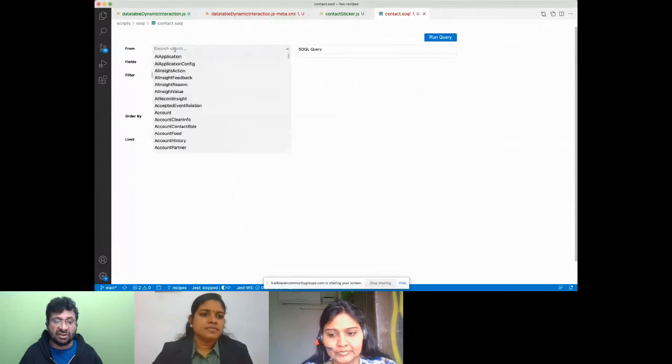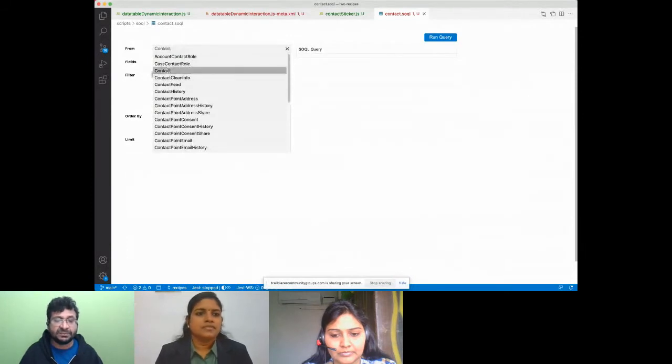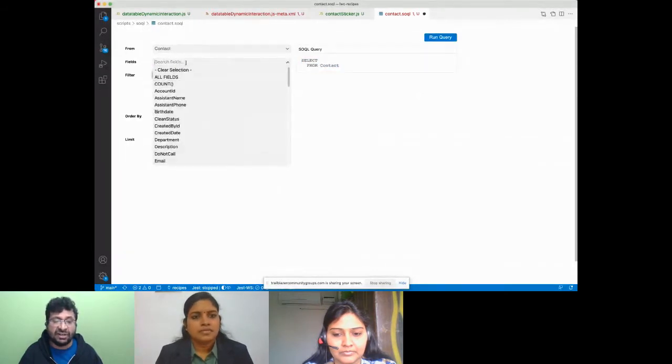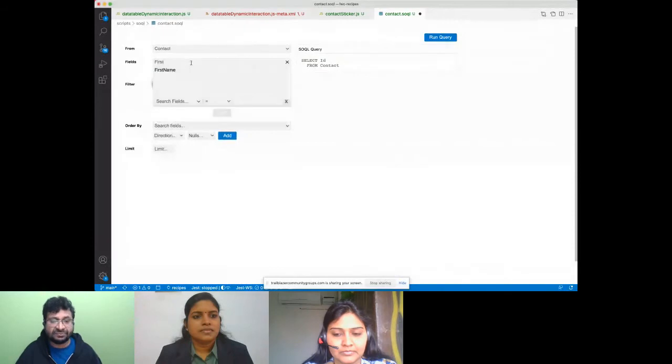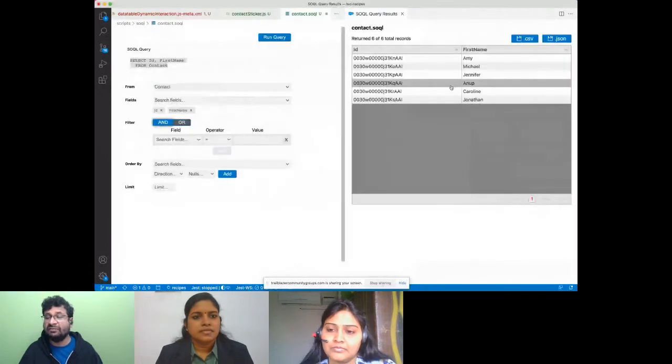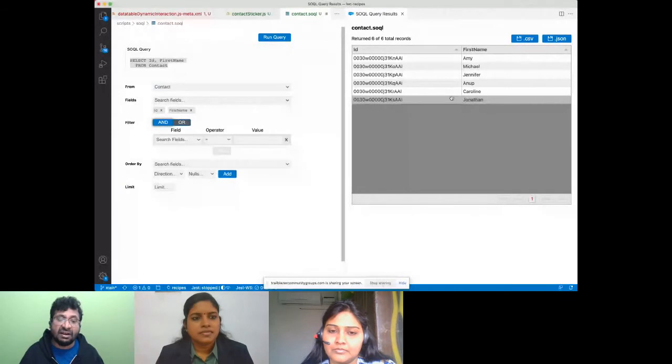For instance, I want to create a SOQL query for my contact, so I can say contact, and you can see on the right side it is building my SOQL query. In the contact, I want to have fields like, say, ID. I can search for that field, and I want to show first name, and I can keep adding more fields, and I can also add the where conditions. When I do this, it dynamically creates a query for me, and if I run this query, it shows all of that information here. Now you can further work on this query.